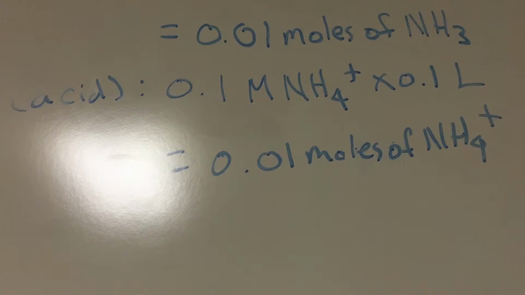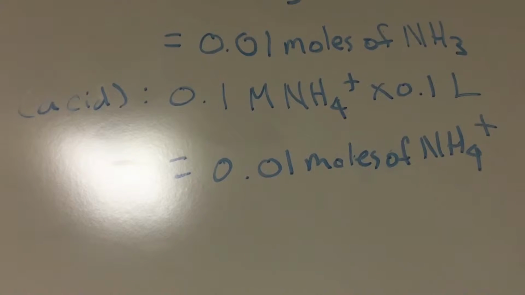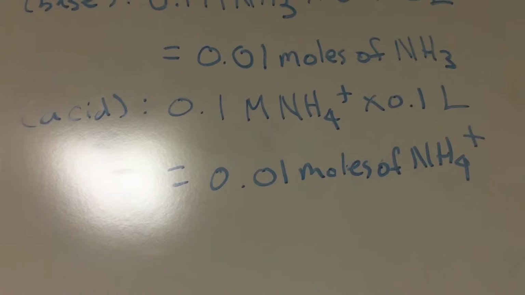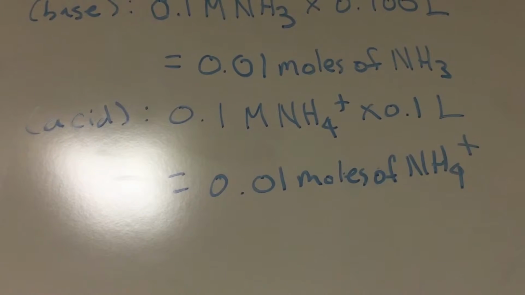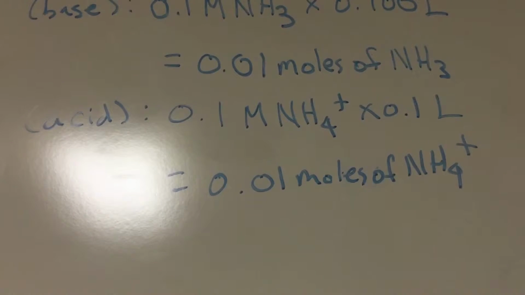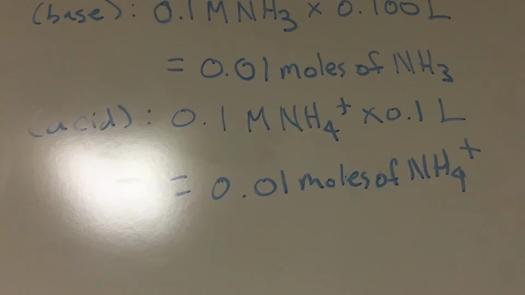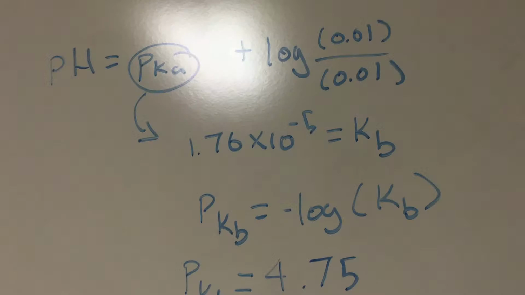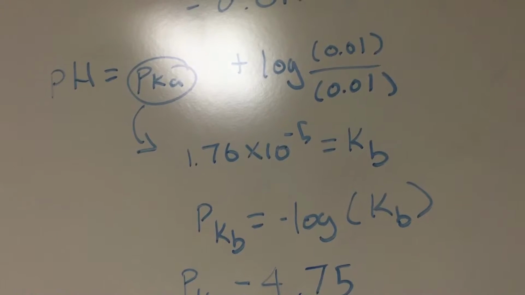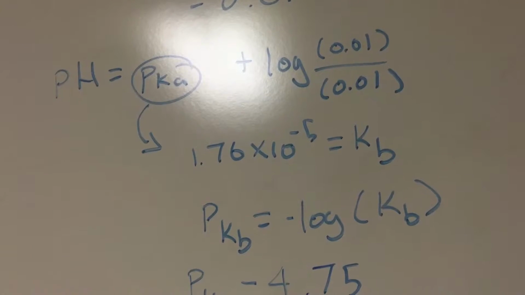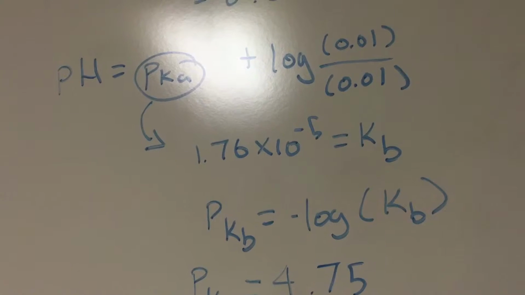NH3 will be used. For that, you'll find the number of moles of acid to be used, NH4+, and this is found by multiplying 0.1 molarity NH4+ times 0.1 liters, which is the amount that was used. And this gives us 0.01 moles of NH4+. Those values, previously derived, will be put into the Henderson-Hasselbalch equation, so log 0.01 over 0.01, given for base and